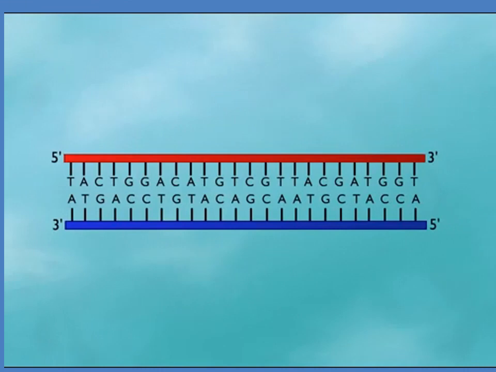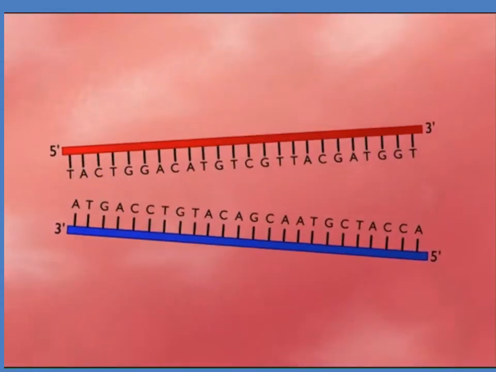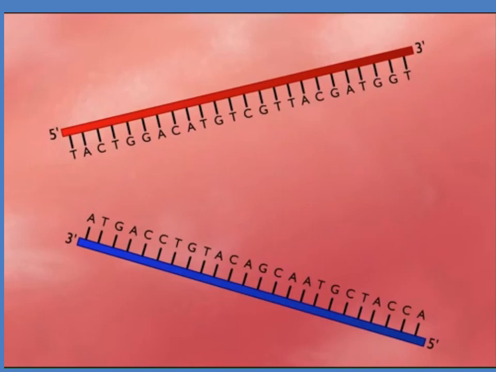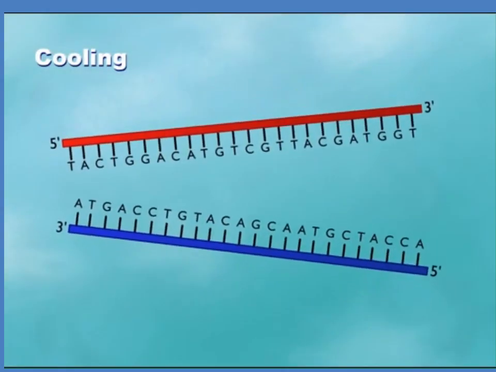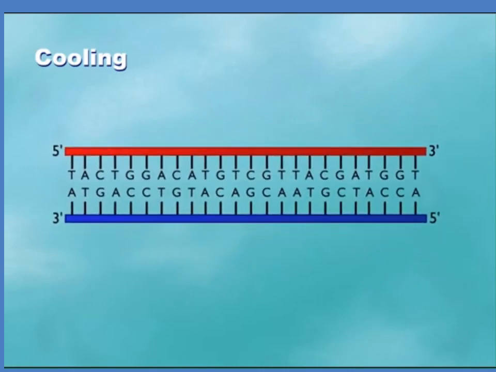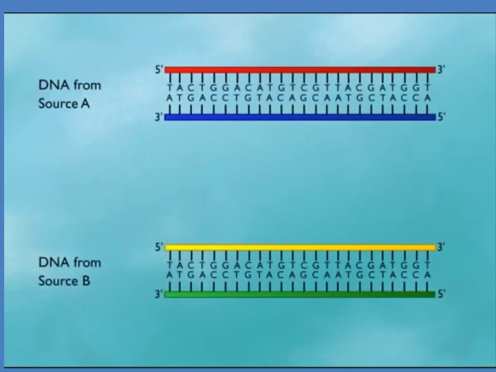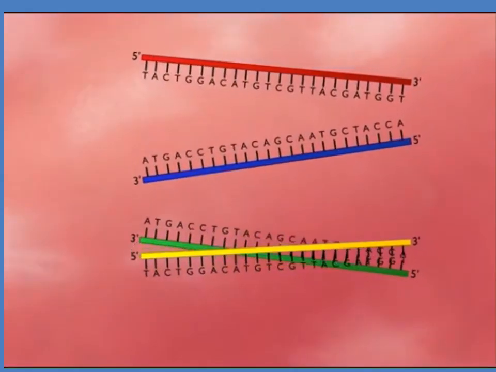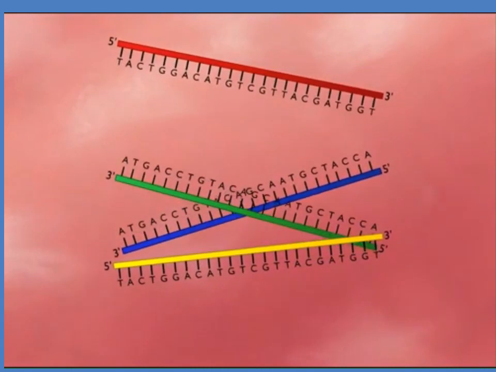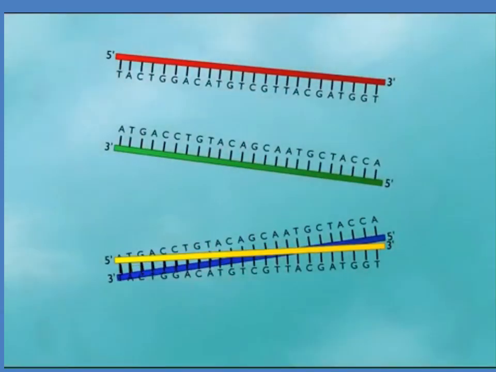In this video, we can see the process of DNA hybridization or blotting. At high temperatures, double-stranded DNA will denature or separate into single strands. When the temperature is lowered, the two strands will anneal because of the base pairing interactions of the complementary strands. If the nucleotide sequences are similar, complementary strands from different sources will also anneal. This is called hybridization, to indicate that each strand of DNA came from a different source.